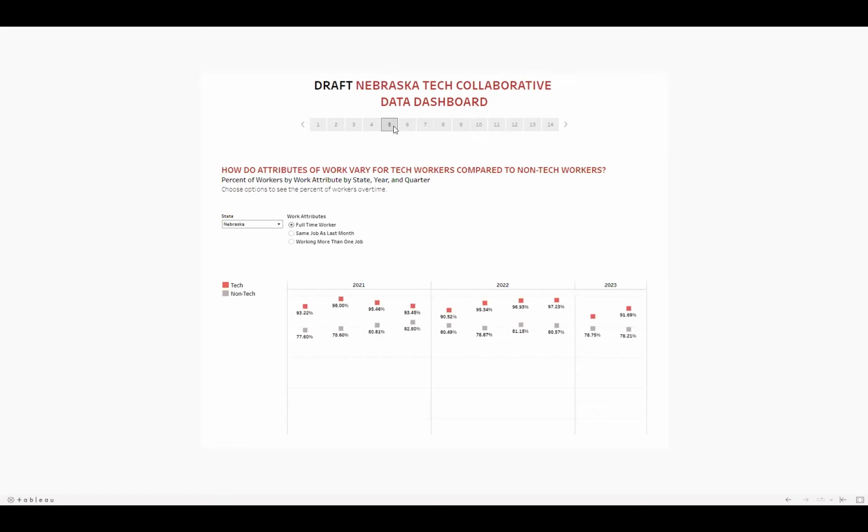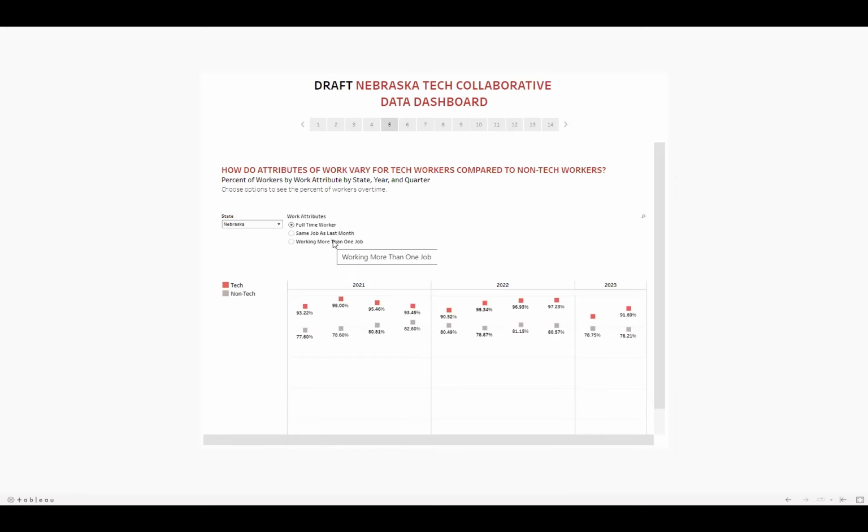But actually in the last session, I also showed just a quick view of that remote work brief we put together based on some questions that you all had. And what we really saw is that there's not a lot of people that live in another state that work in Nebraska and vice versa, that live in Nebraska and work in another state. There's just not a lot of that going on. But in answering big questions about our workforce, that was super helpful just to know, right? There wasn't this secret group of Nebraskans that got stolen by another state, right? Our workforce is sort of who's here.